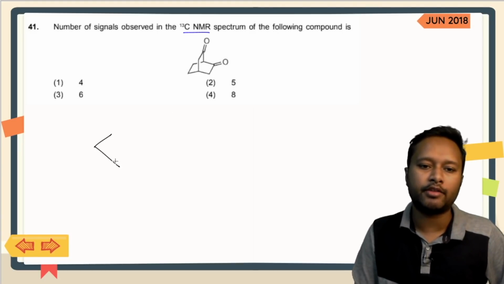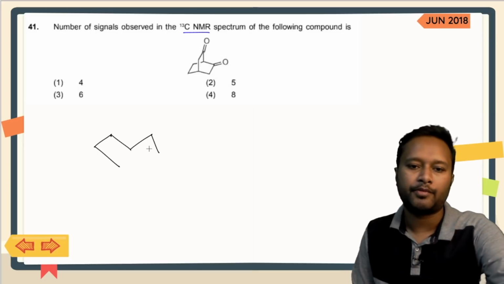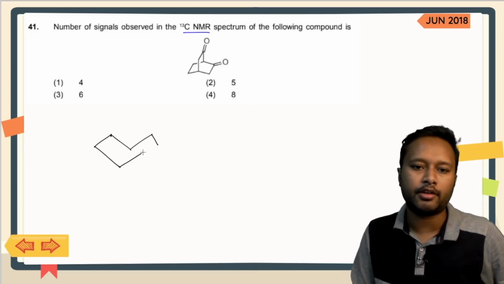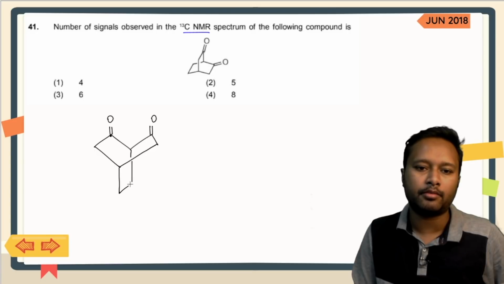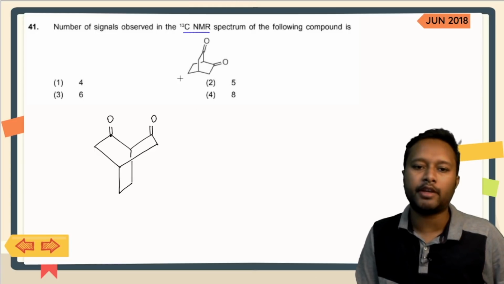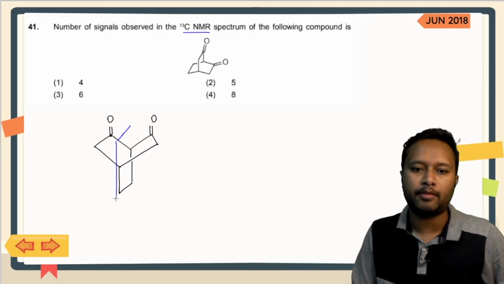The other orientation which you can draw is this. You can draw the same molecule in this orientation. So you have got C double bond O, C double bond O, and now you can make this particular part, yeah, so this is how I have made this molecule. Now you can see that there can be a plane which can be drawn for the molecule. The plane passes through like this.